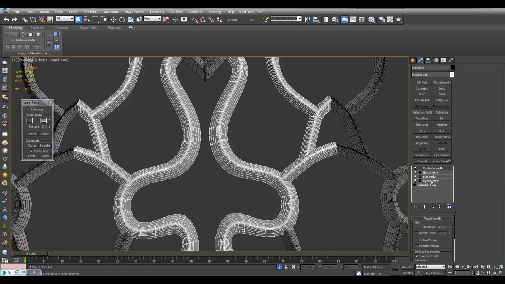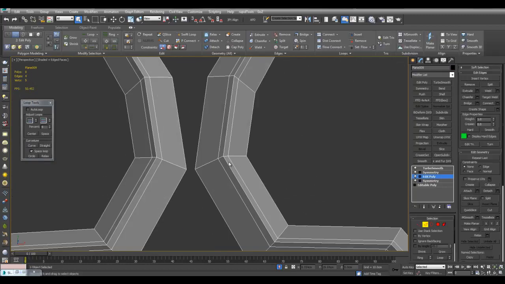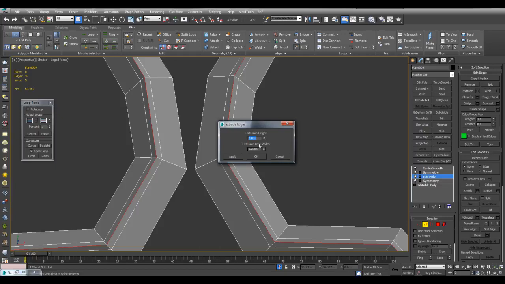So now I've got this result right here, and I pretty much just select these edges and applied extrude